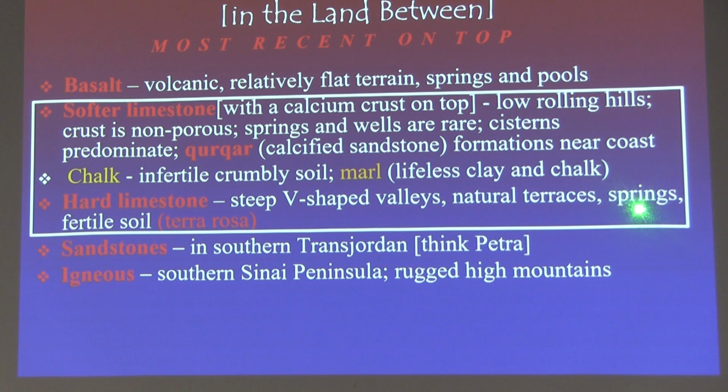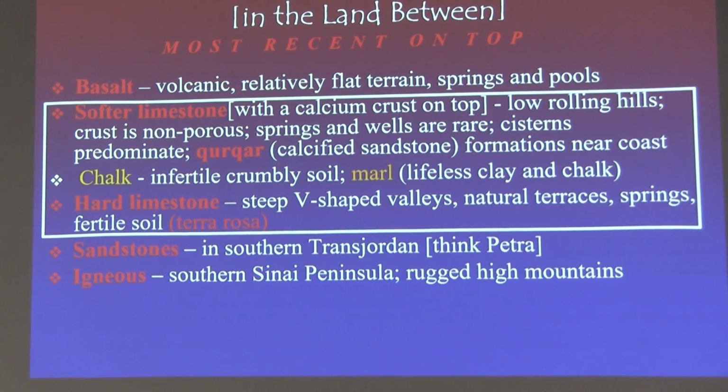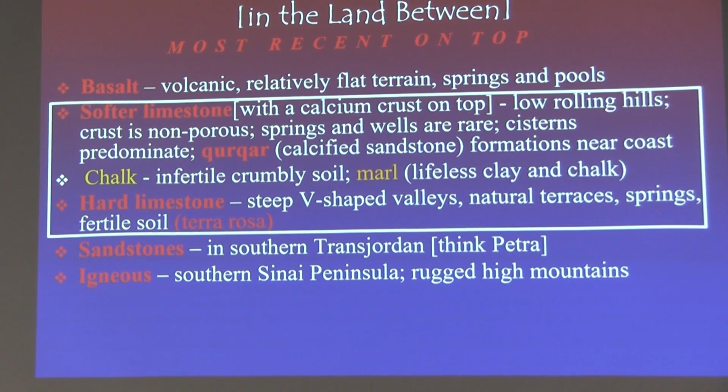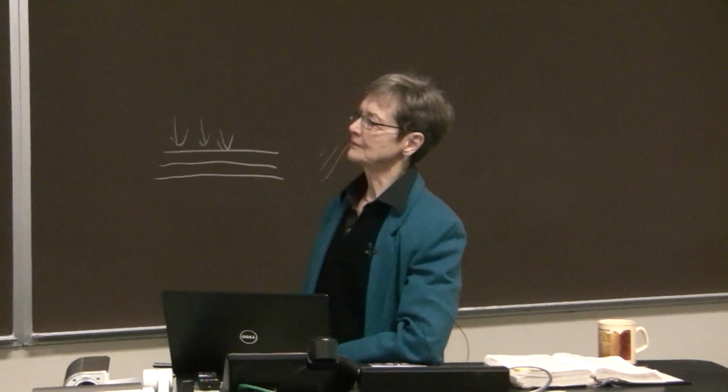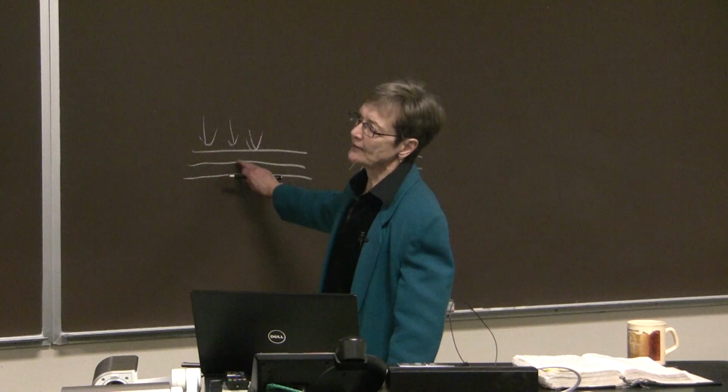V-shaped valleys, springs, and then when this kind of limestone erodes, you get a really fertile soil. It's called terra rosa. That means red earth, and that is referring to the fact that there's enough iron components built into it that it has kind of a pinkish red tinge to it, and also it's very fertile in terms of contributing to growth. In terms of our geology and the geological column here, as we saw, on top of that limestone, you're going to have a layer of chalk.